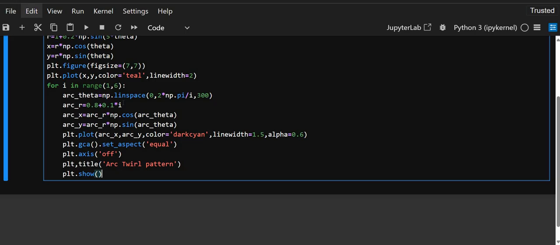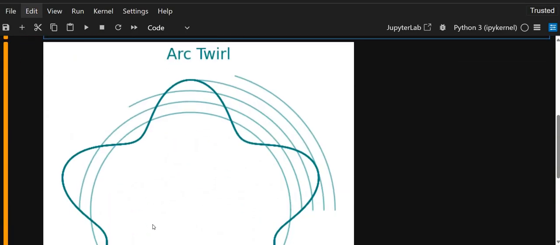And plt.title adds a suitable title to this pattern. And plt.show at last displays the final plot with all the arcs and spiral patterns. So here we can see an arc